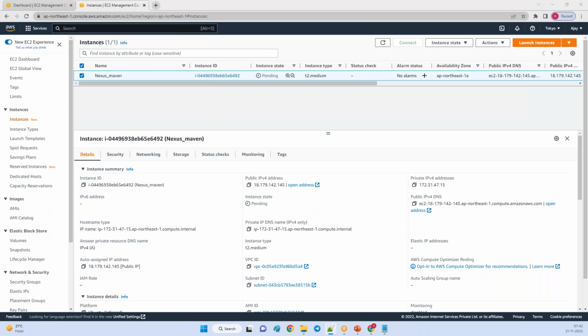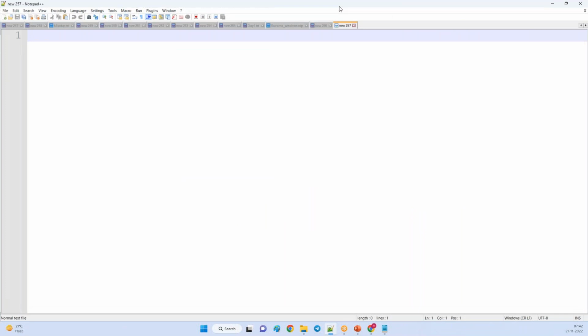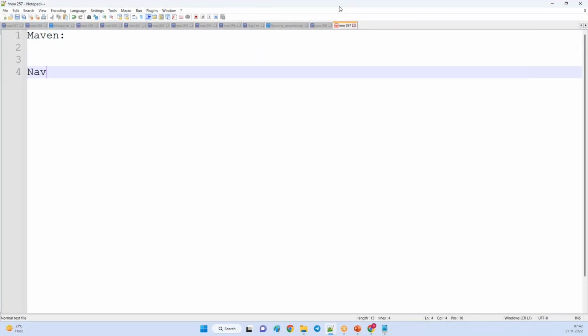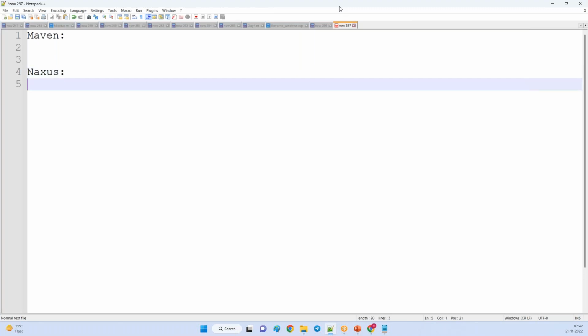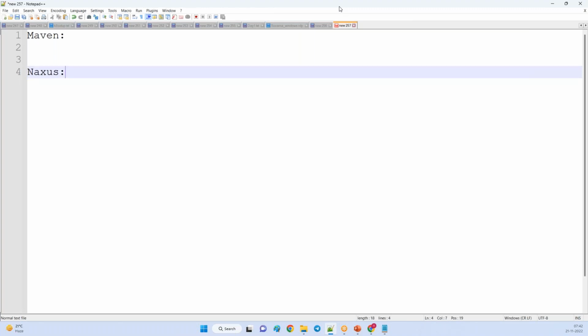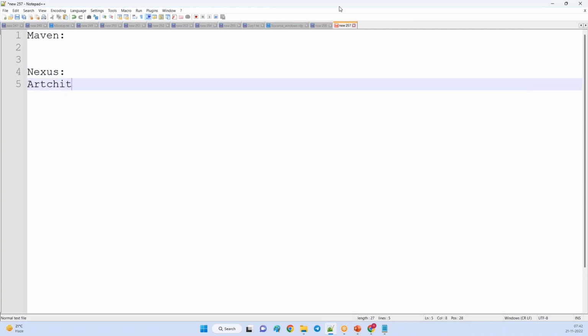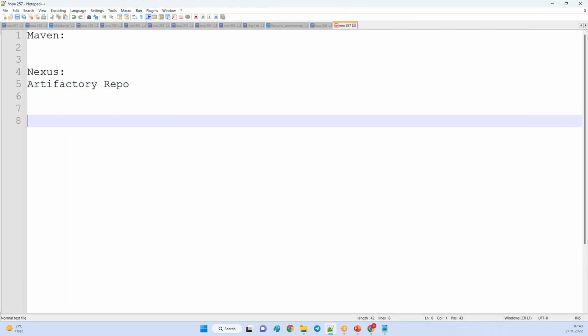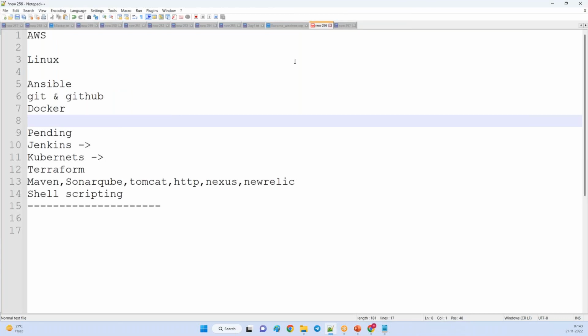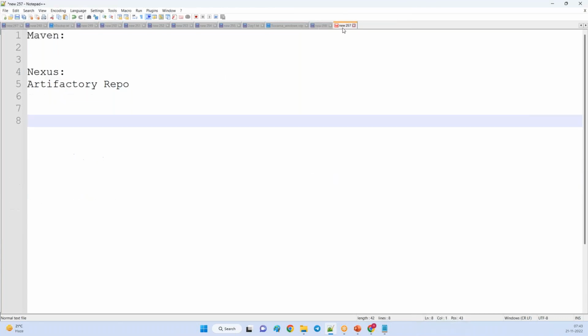Maven is a build tool. Nexus is an artifactory repository. As I told you, there are other tools, so let's take them one by one.